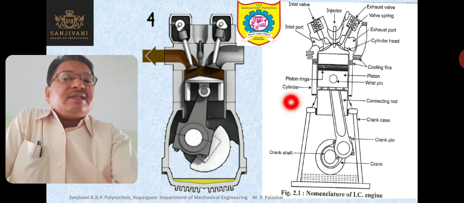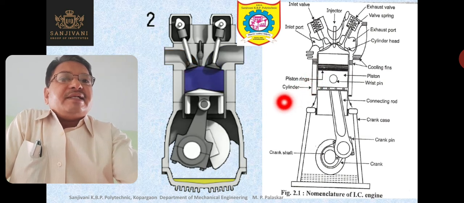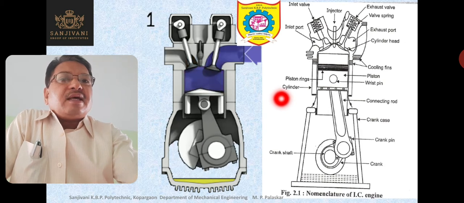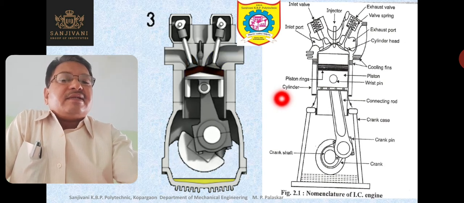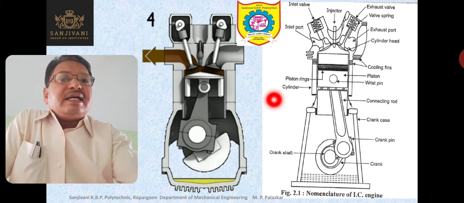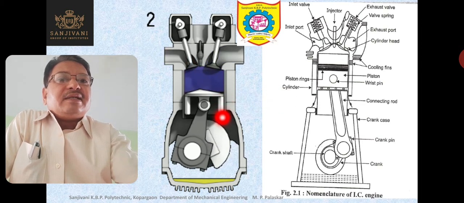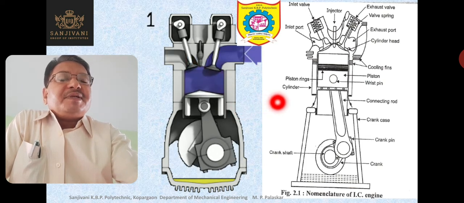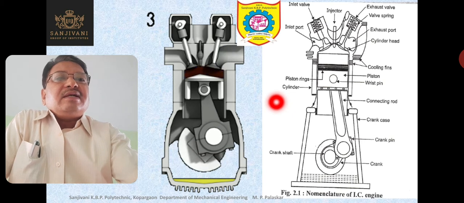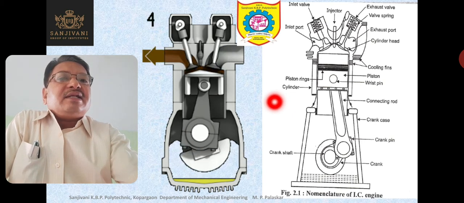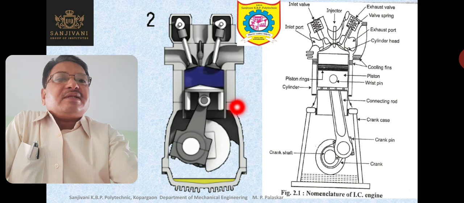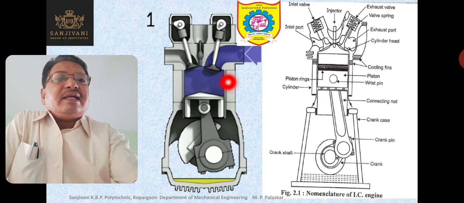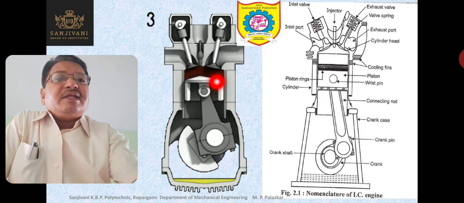So, cylinder means from inside it's having cylindrical shape, and the piston is also cylindrical, but it is present inside the cylinder, right? And the internal surface of the cylinder is coming in contact with the external curved surface of the piston, right? So the piston is reciprocating inside the cylinder. This is the cylinder and this piston is reciprocating.